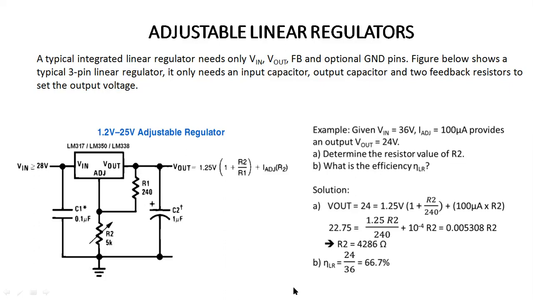So here, how can we derive it? We have the formula to derive the output voltage. That is nothing but 1.25 volt into 1 plus R2 upon R1, plus IADJ R2. So we can put in the values because they have given all these values. Vin, Vout, we have the values here. We do not have the value for R2. You can put it as it is. We have the value for R1, they have given.